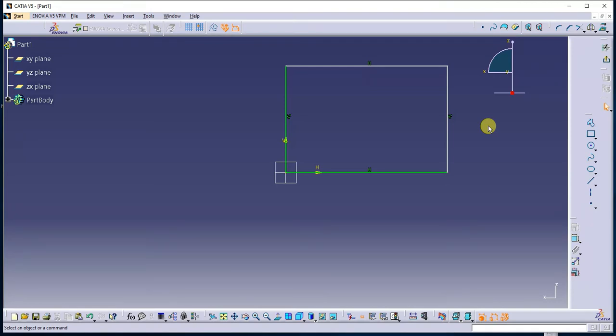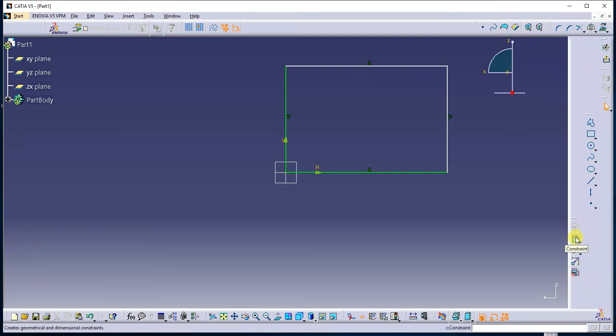If you create the model without constraining the given sketch, what will happen? If I try to drag any one of the faces or any one of the edges in the 3D model, it will try to extend. So first of all, the first and foremost important step involved in designing any part is to constrain the sketch first. Now for constraining, you need to give the dimensions of this sketch.